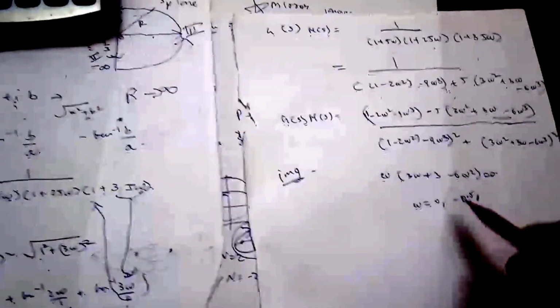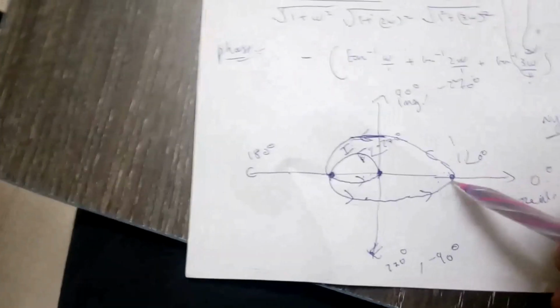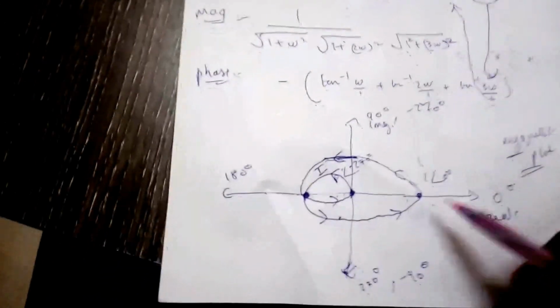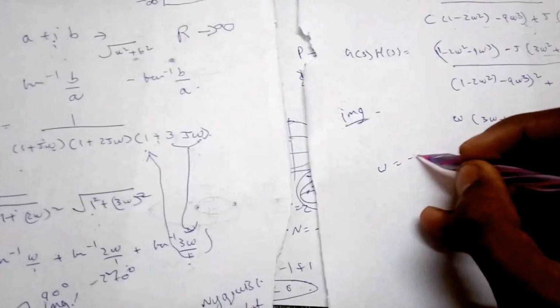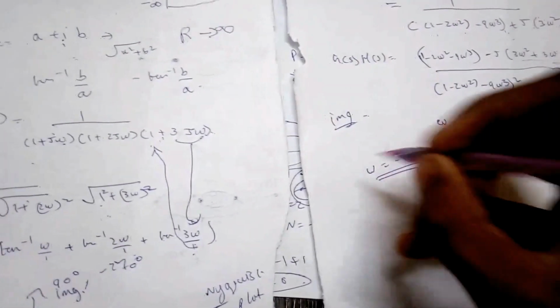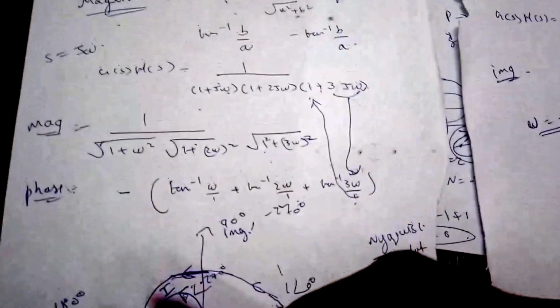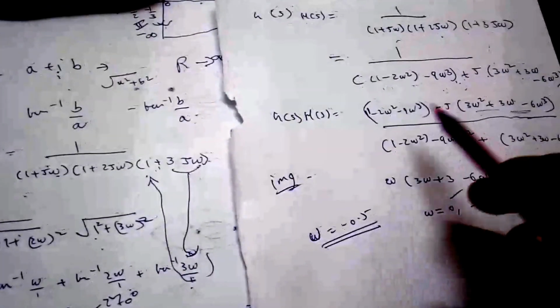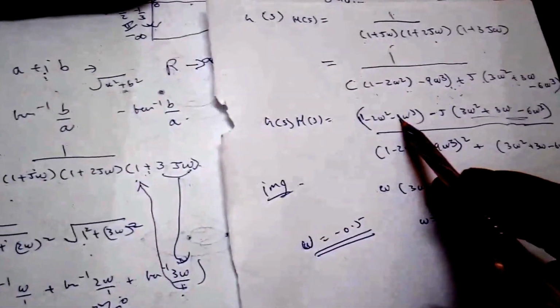So 0 and 1 are on the right half of the plane, but for these points, the real part has already been obtained. These are the 2 points corresponding to omega equal to 0 and 1. So this point corresponds to omega equal to minus 0.5. This is the point of interest for us right now. We have got only the omega. Now we need to know the real part at which it is intersecting with the real axis. It can be obtained by substituting omega equal to minus 0.5 in this equation.